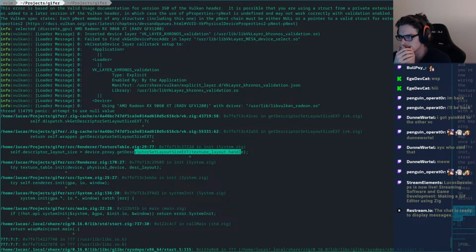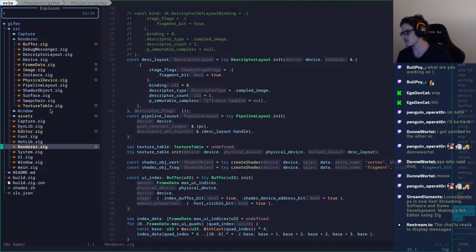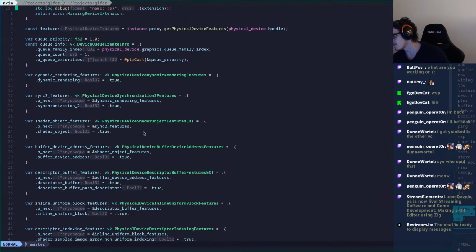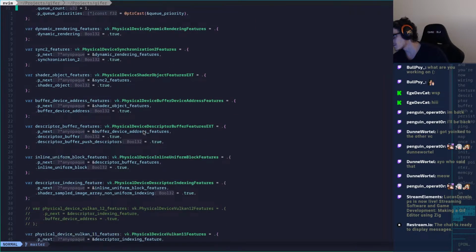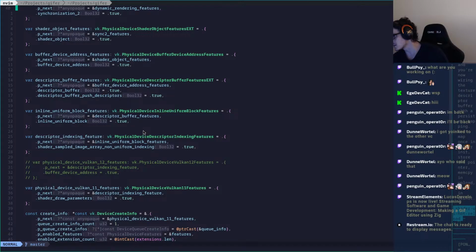Oh. I'm just missing an extension, am I not? Layout size. I think it might be it. But I shouldn't be missing extensions. I should be having all of them that I need. Let's see. Device. Physical device. Device. Shader extension. Not that this one matters yet because